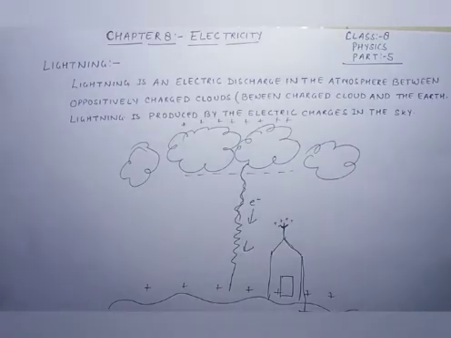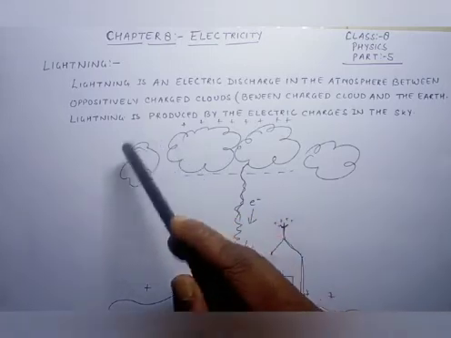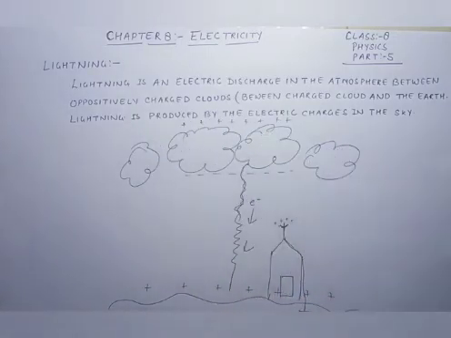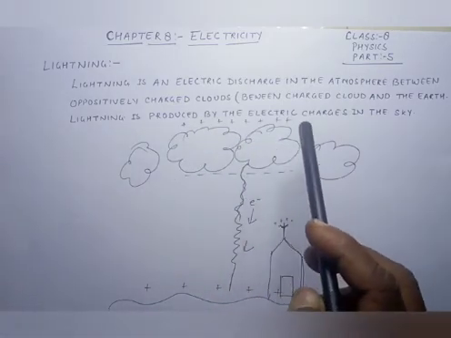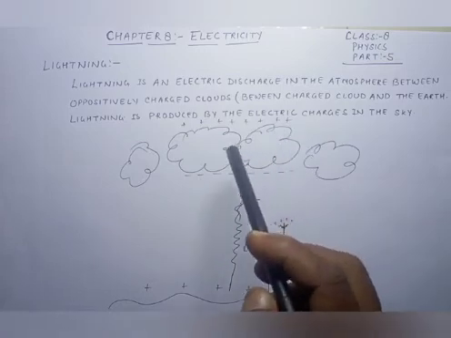As we all know, the water from the rivers, from the lakes, from the seas and from the ponds evaporates as the sunlight falls upon them. So they evaporate in the form of vapor and go up where they meet small crystals of ice. When these vapors and small ice crystals combine together, they form small clouds and some big clouds. So what happens when two big or small clouds come together or strike together?